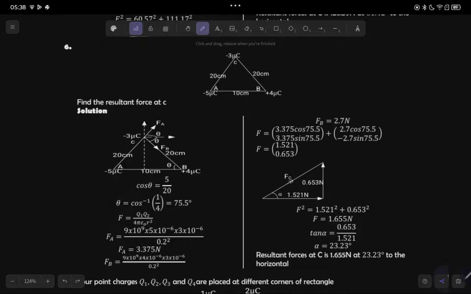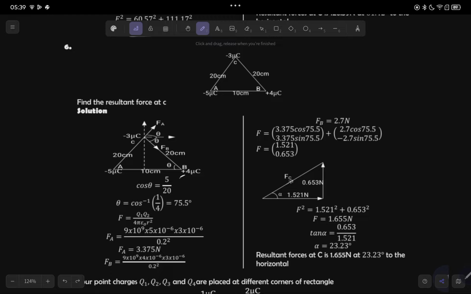Then B is positive, and at C we have a negative charge, which means the negative charge at C will be attracted towards the positive charge at B. So we have two forces there that are acting on the